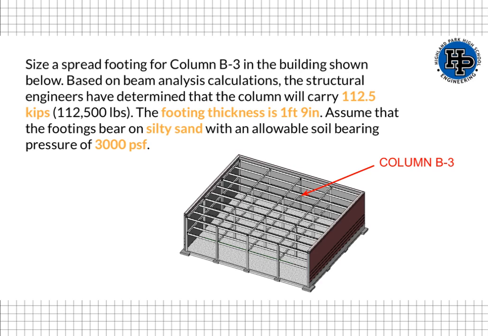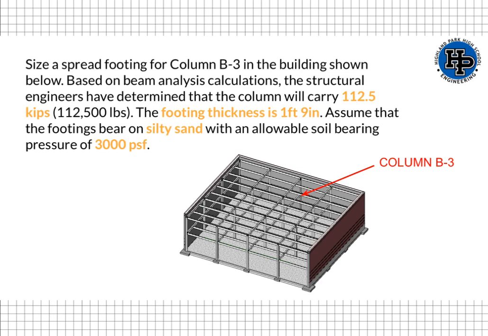In this problem, we're going to be sizing a spread footing for column B3, which is pictured in the image below. Based on our beam analysis calculations and what the structural engineers have already determined, that column is responsible for carrying 112.5 kips. One kip is equal to 1,000 pounds, so that's the equivalent of 112,500 pounds. The existing footing is 1 foot 9 inches, and the footing is resting on silty sand, which has